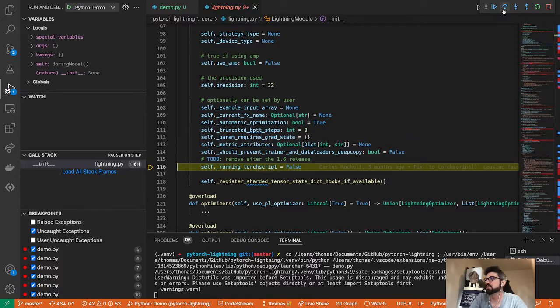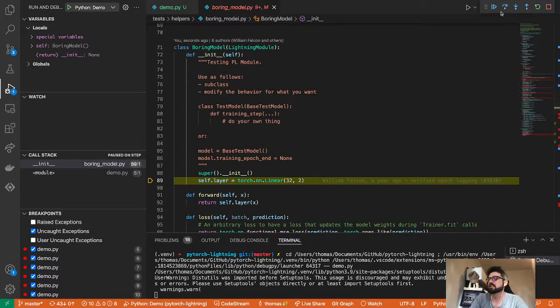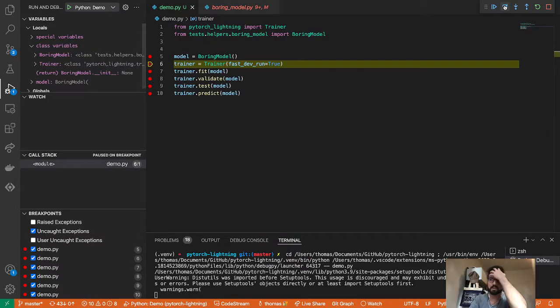That of its init method up. Then here I can see that I finished the init method, so I returned, and now I'm back here, right? So I could have just stepped through. Okay, so what I really want to focus on today is the trainer initialization, because the trainer is really the